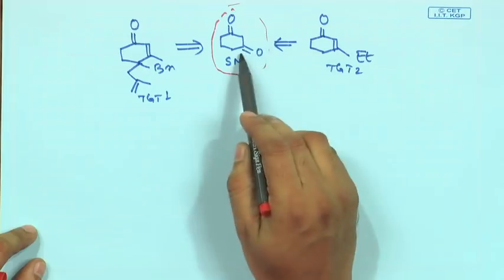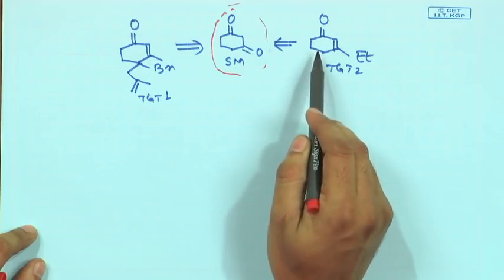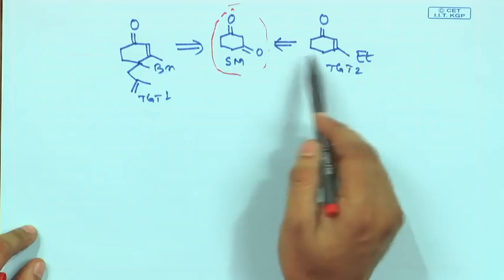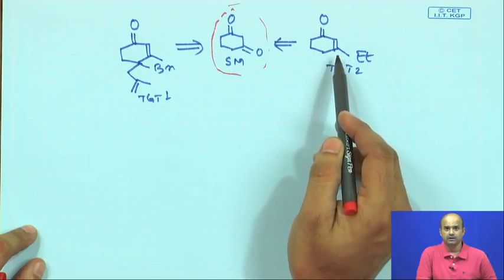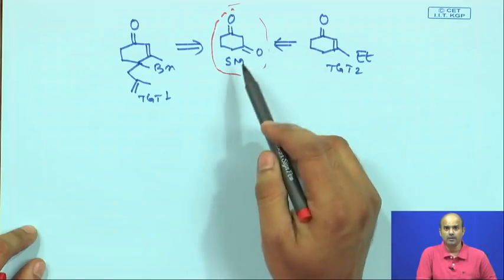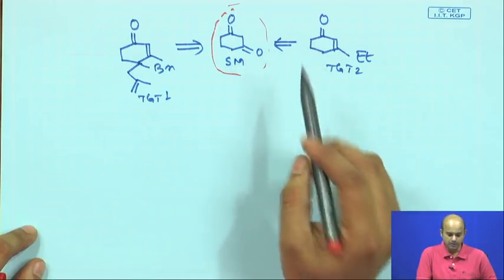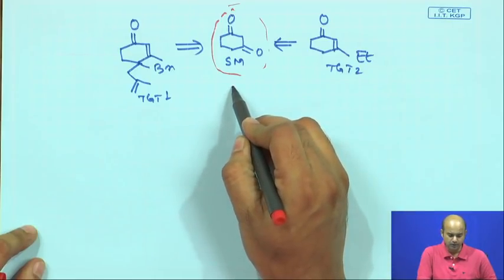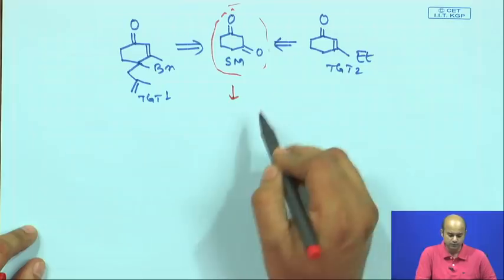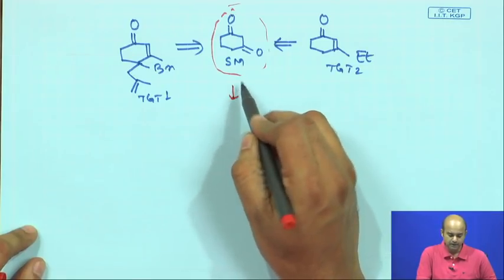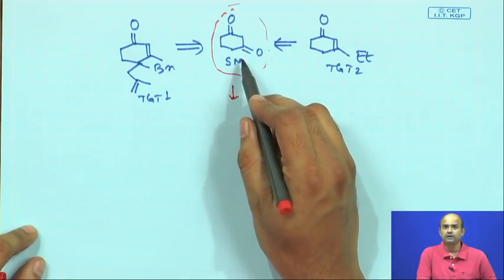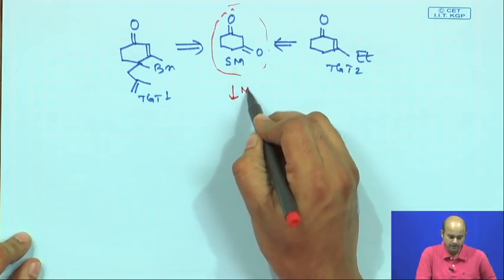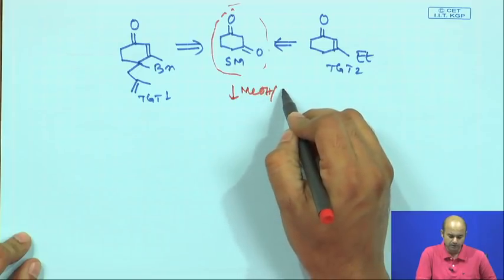Now, if you do a close analogy search, you will find that one of the carbonyl groups in this starting material is not there in the final target. So, somewhere down the line you have to play with one of the carbonyl functionalities, and introduce an ethyl group. We will do a forward pathway. As you know, 1,3-dicarbonyls are very good enolizable compounds. You can simply put methanol and a